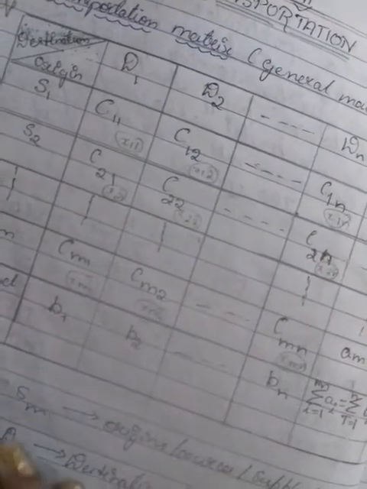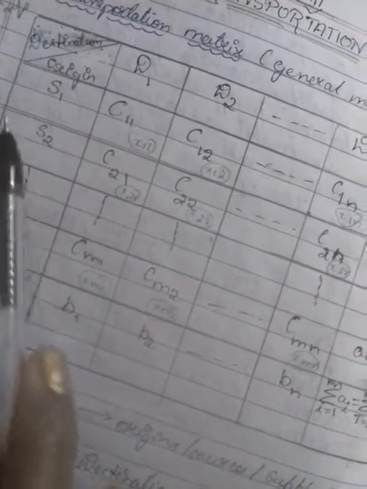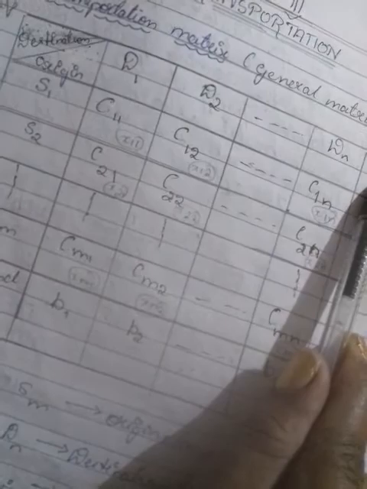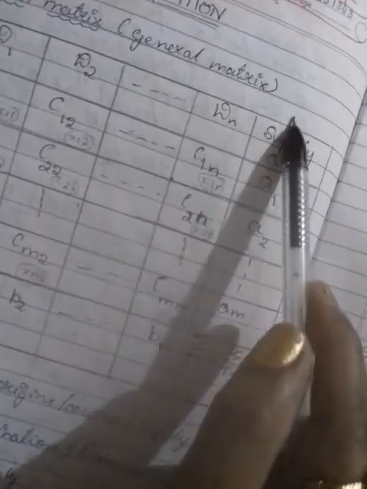Say for example you have 3 supply centers, so you write S1, S2, S3. You want to distribute your product to 3 different states, so D1, D2, D3. Is it clear? So this is supply and this is demand, otherwise destination; this is the origin. Your cell matrix will be like this: C11, C12 and so on to C1n. This is supply, and this is demand, B1, B2 and so on to Bn.